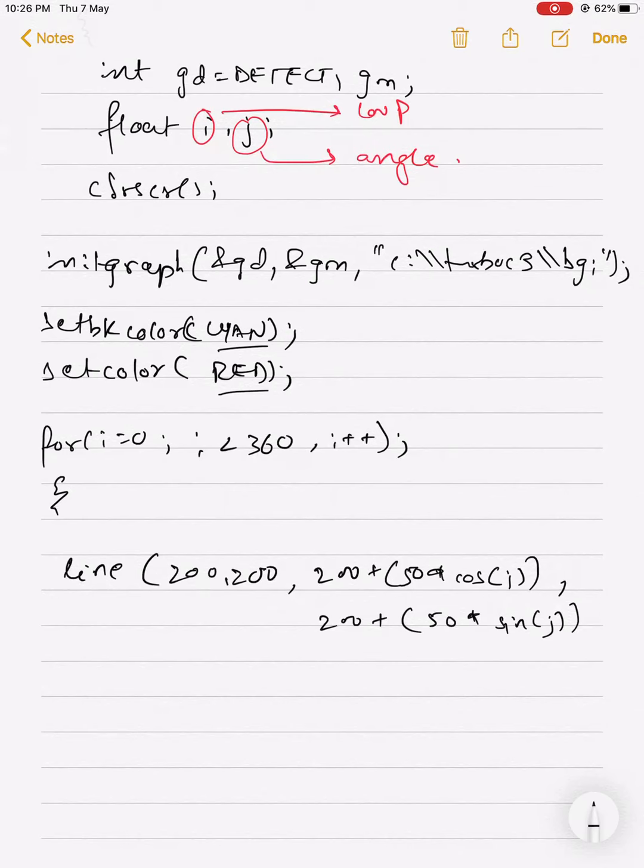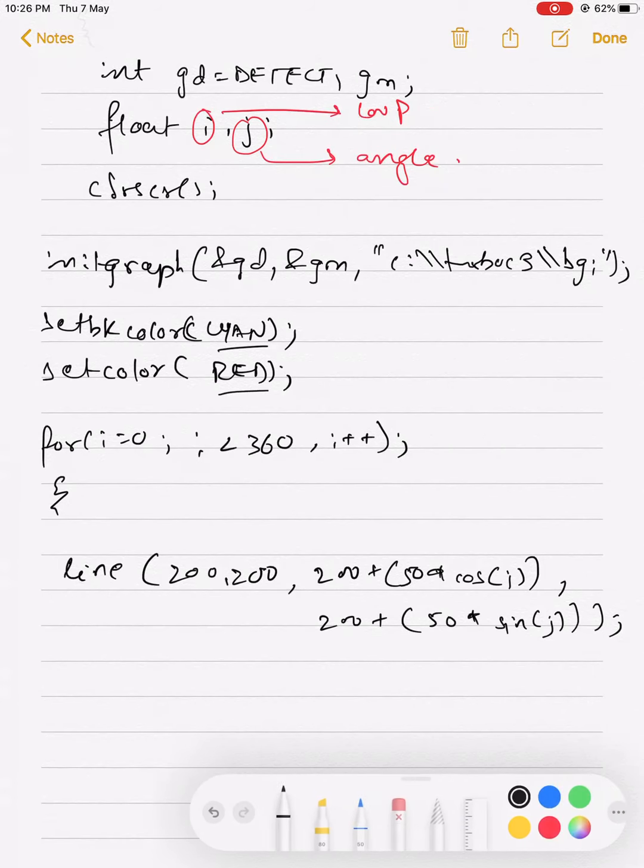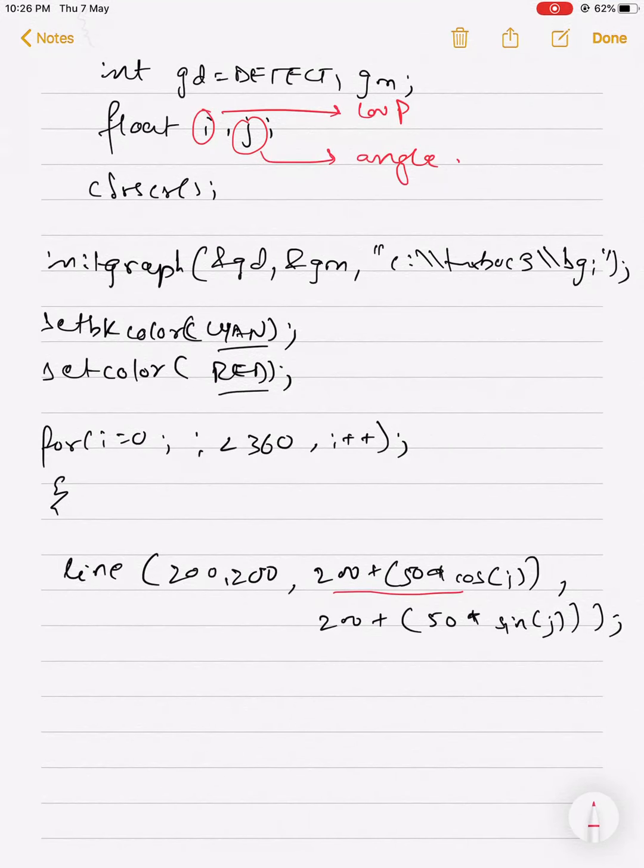Okay, observe this: 200, h plus 50 is my radius, cos theta, k plus radius 50, r sin theta.